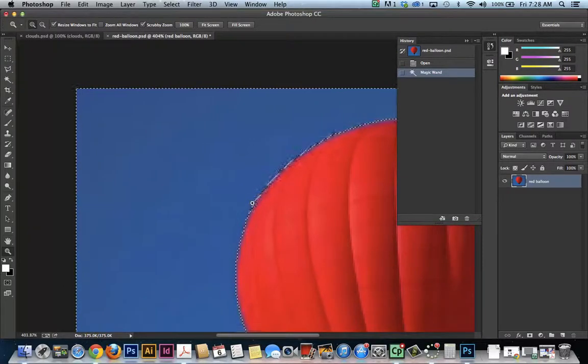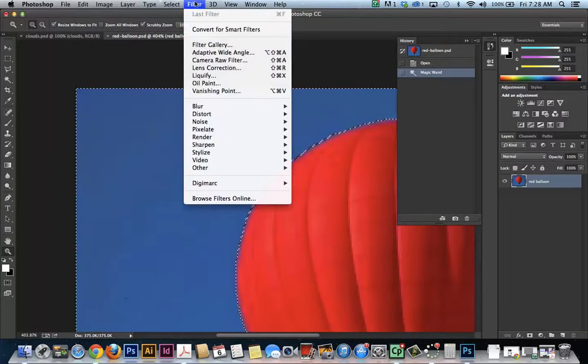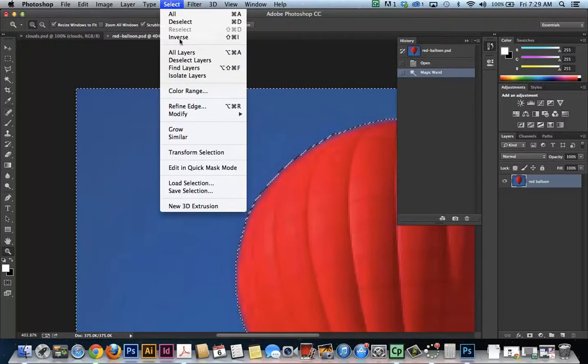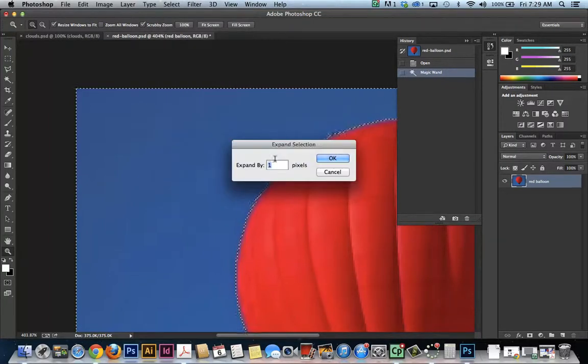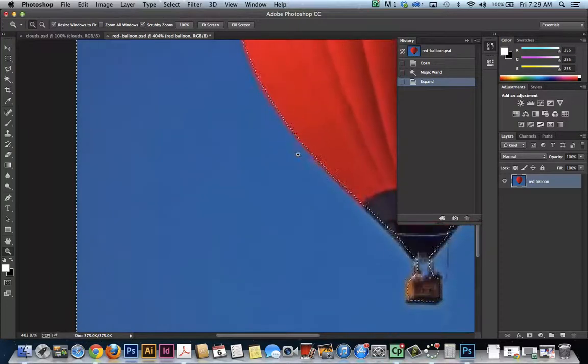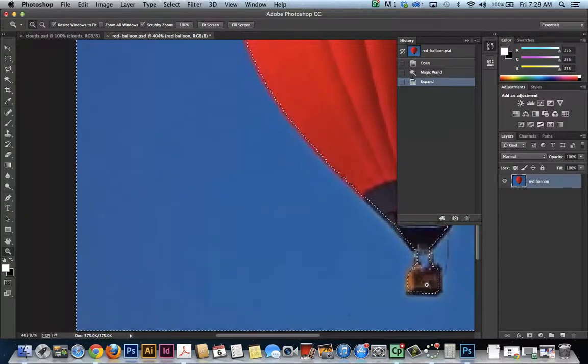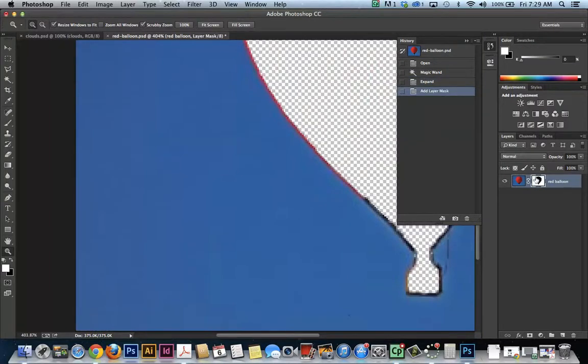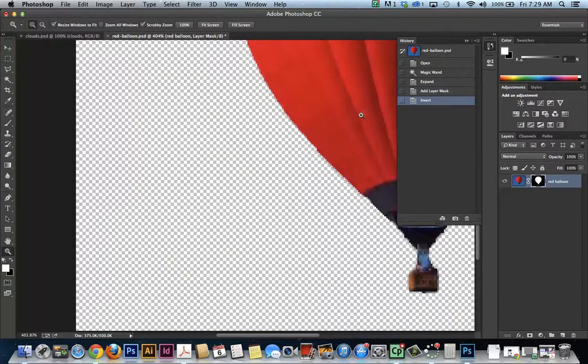So hopefully you see that it's not going into the balloon very much, and what we can do is go to Select, Modify, and Expand. And we're going to expand it. Let's try 2 pixels and see what that does. So now we expanded and we went into the balloon. We can scroll down to down here, and that should be just fine, I think. So now we'll make our layer mask. We'll click this one to make it, and we will invert it by hitting Command I, and we have inverted